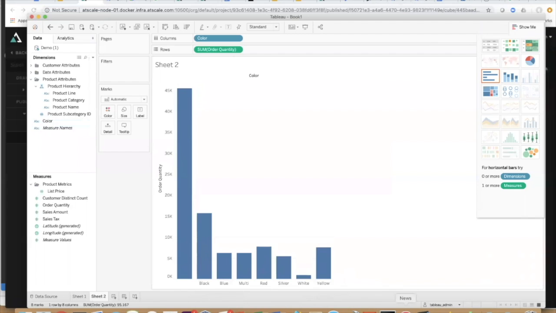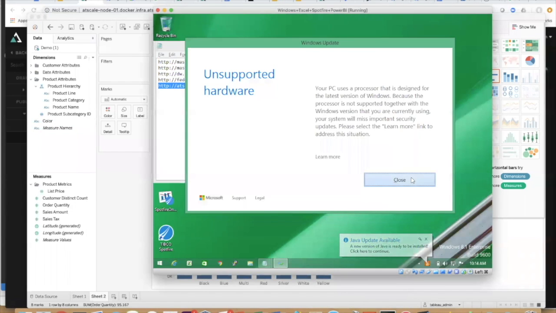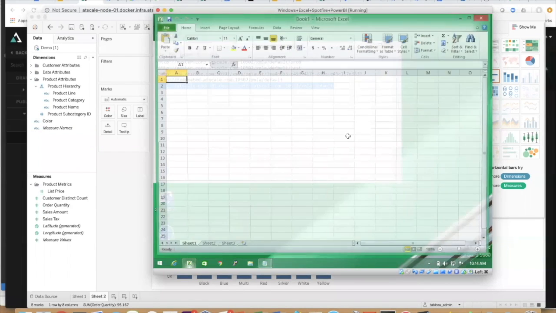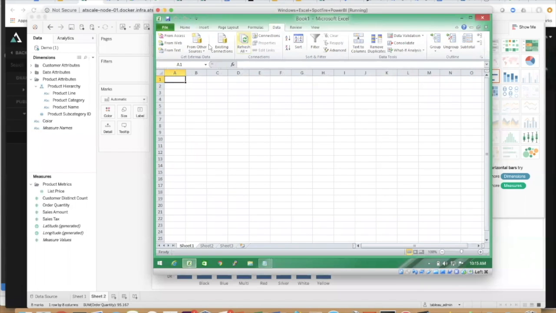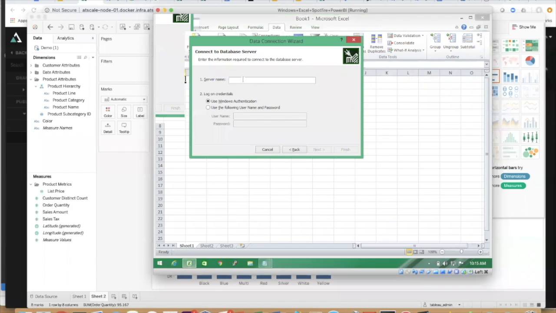Let's see how it looks in Excel, for example. So I'm going to go ahead and load up my Excel, and I'm going to connect live with Excel. So let's connect using the built-in Analysis Services connector. What this means for your users, if you have Excel, is that you're now able to connect Excel live to your Google Cloud. That's pretty impressive because now,